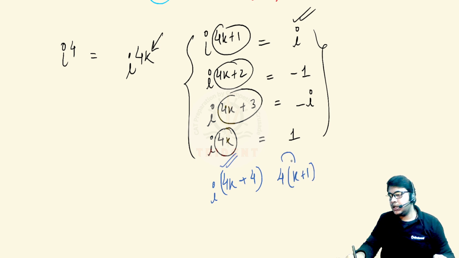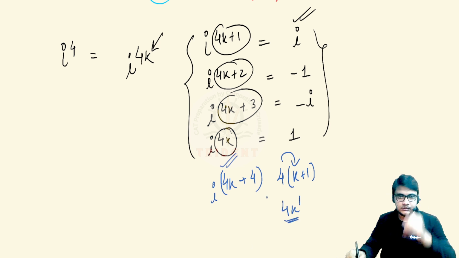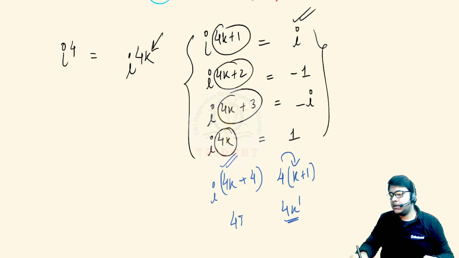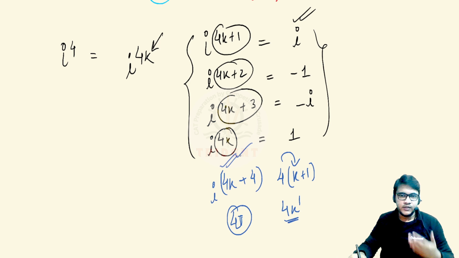Now can I not replace k plus 1 as k dash? Just think on this. Can I not replace k plus 1 as k dash? Or I can maybe write it like 4j. So either it's a 4j or a 4k. What does it matter? It's a multiple of 4. It's a perfect multiple of 4. So any number like a 32 or a 64, or let's say